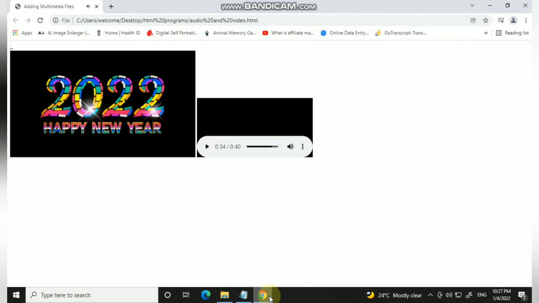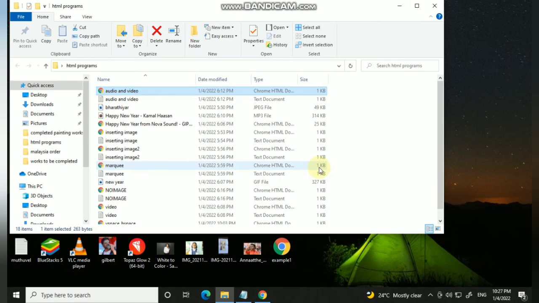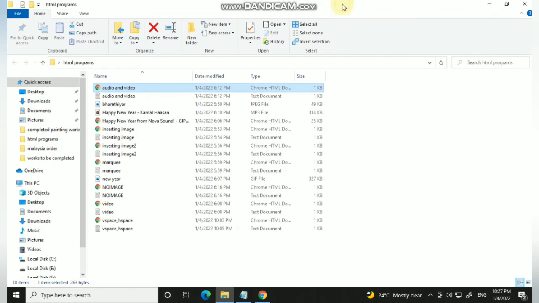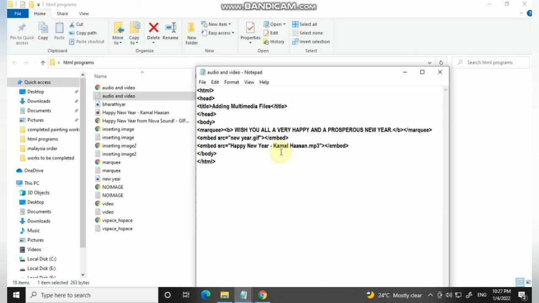So this is how you should combine each and every tag in a single program, so that it is easier for readers to understand. Even in this program itself you can modify the tags, add background colors, and add two more videos or two more sounds. Like that you can keep adding several tags. All this is based on your creativity.